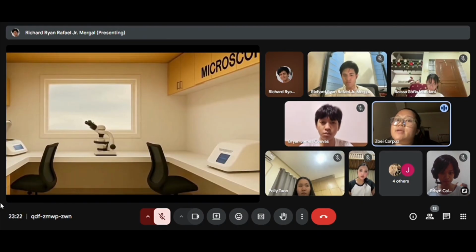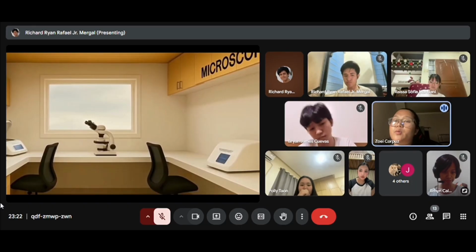Next is the semen analysis, wherein it evaluates sperm count, motility, and shape to assess male fertility. Next is cell count of body fluids, wherein it measures cells in CSF to detect inflammation or cancer. Lastly is the wet smear for trichomonas, where it identifies trichomonas organisms for diagnosing